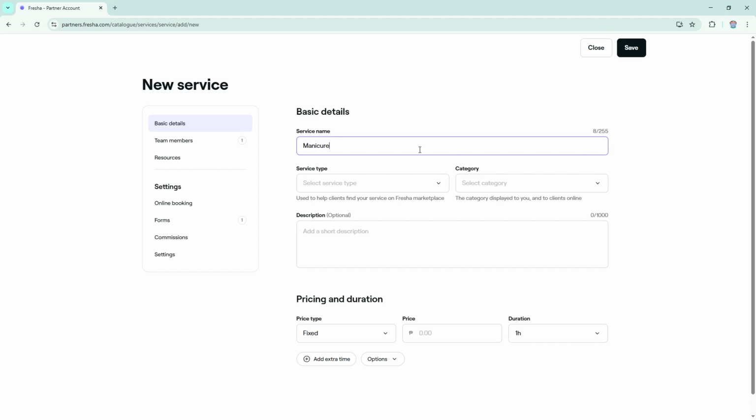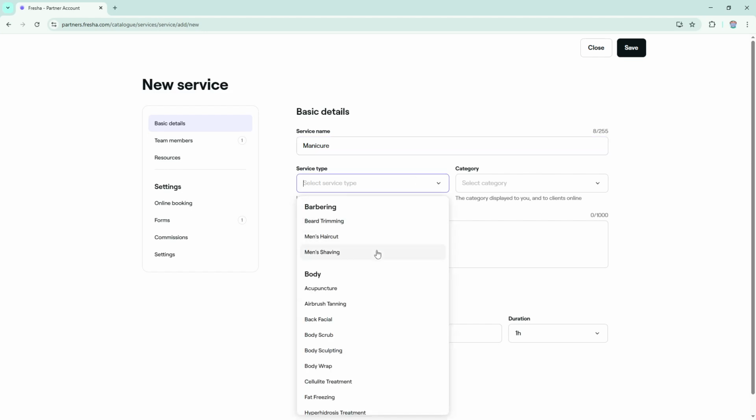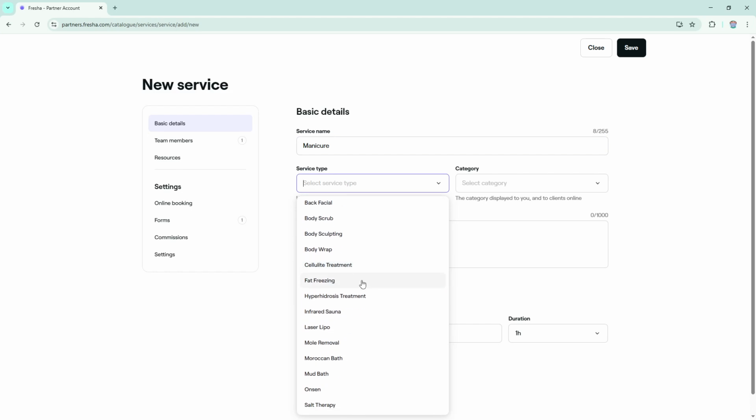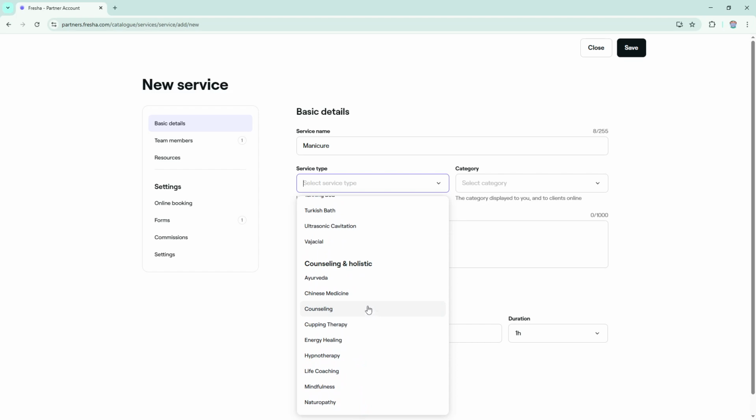As you continue, you'll come to the service type and category. This helps in classifying your service appropriately, making it easier for clients to navigate what you offer. Take a moment to choose the category that best fits your new service to ensure it aligns with the others